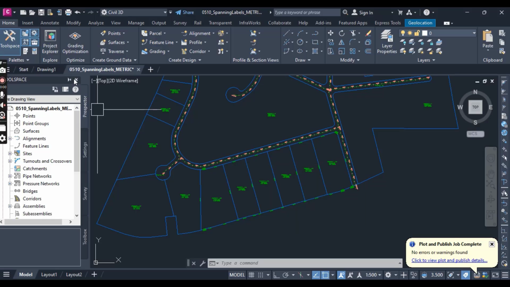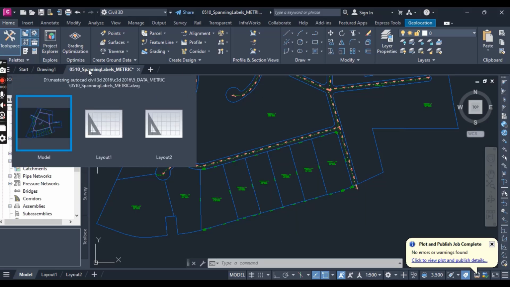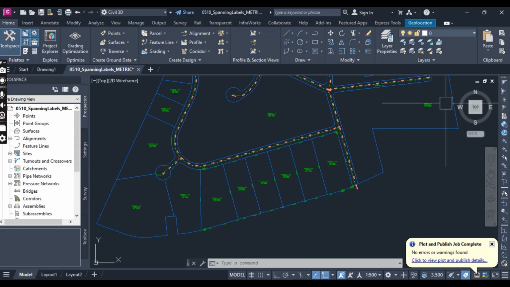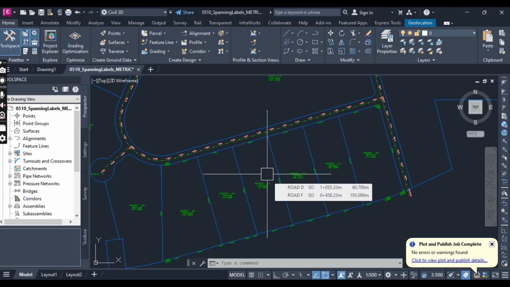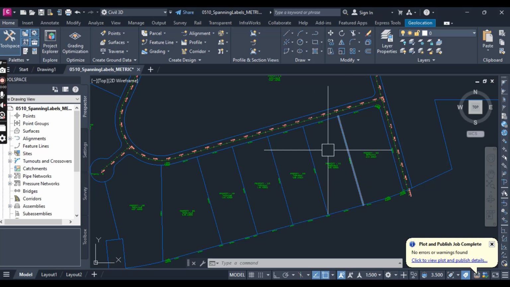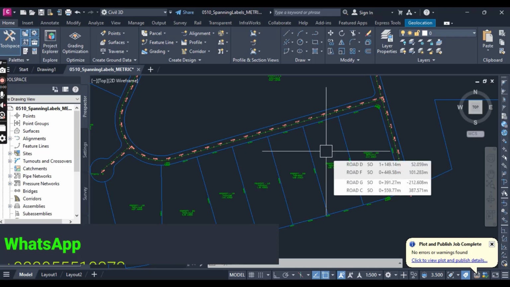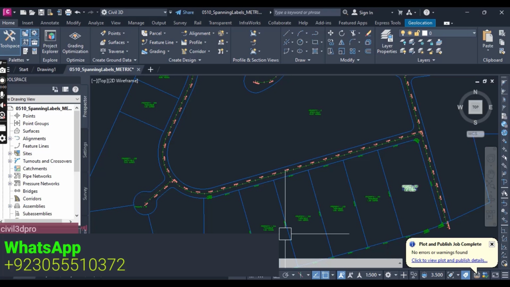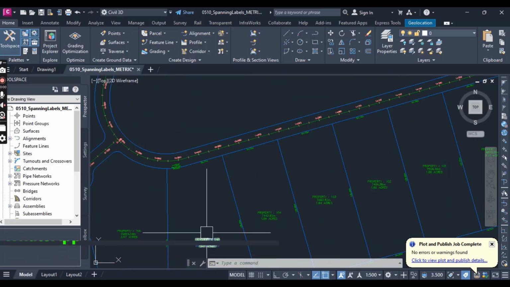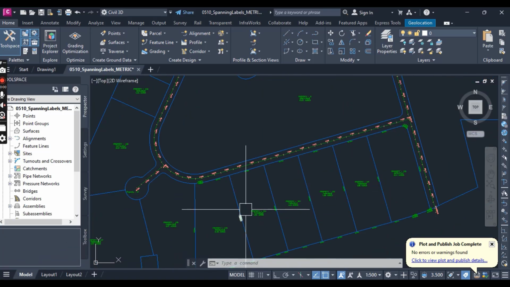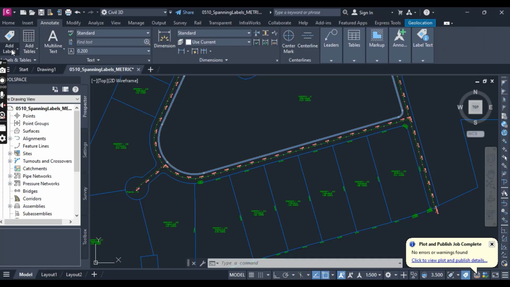You can open your drawing 510 spanning label from the description link. I will put this drawing in the description, which you can download. Once you have opened this drawing, zoom in on the inner right of way parcel segment that runs from 100 to 105. So change to the Annotate tab and select here